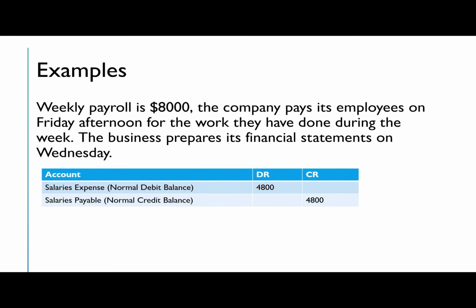Here's an example of accrued expenses, where weekly payroll is $8,000 for a working week from Monday to Friday, and the business prepares its financial statements on a Wednesday. Salaries expense is debited and is a debit balance, so debit goes up, and salaries payable is credited